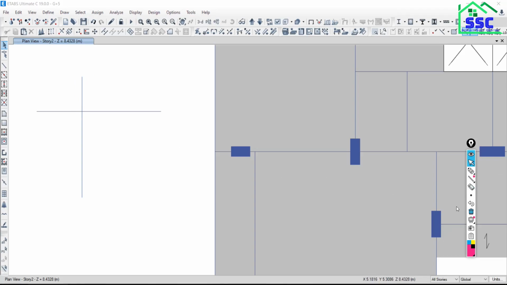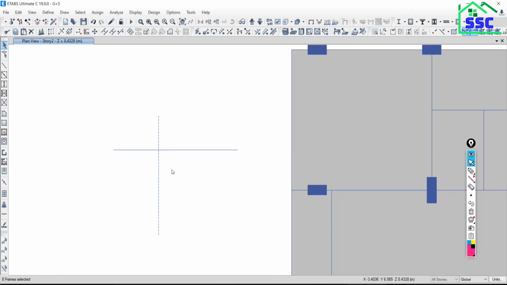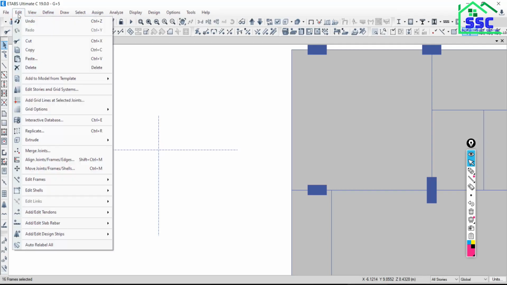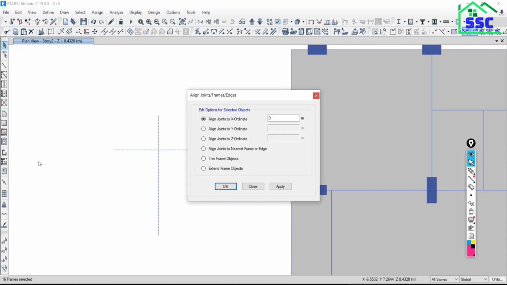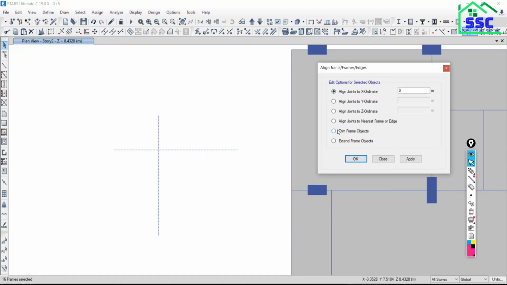So what you need to do: first select the frame which you want to trim, and also select the reference frame up to which you want to trim. Then go to Edit, then Align Joints and Frame, and here you will get one option, Trim Frame.